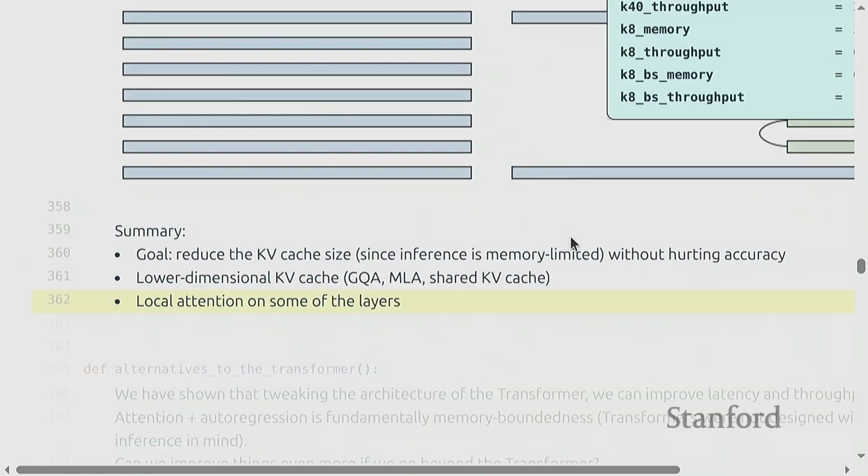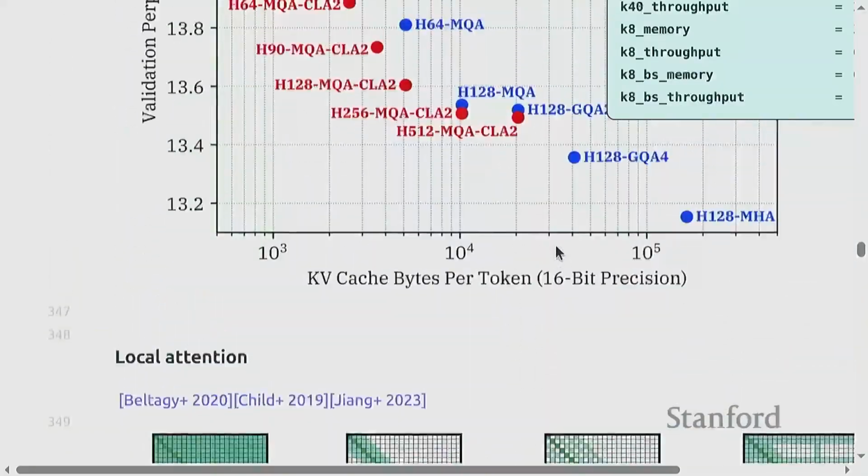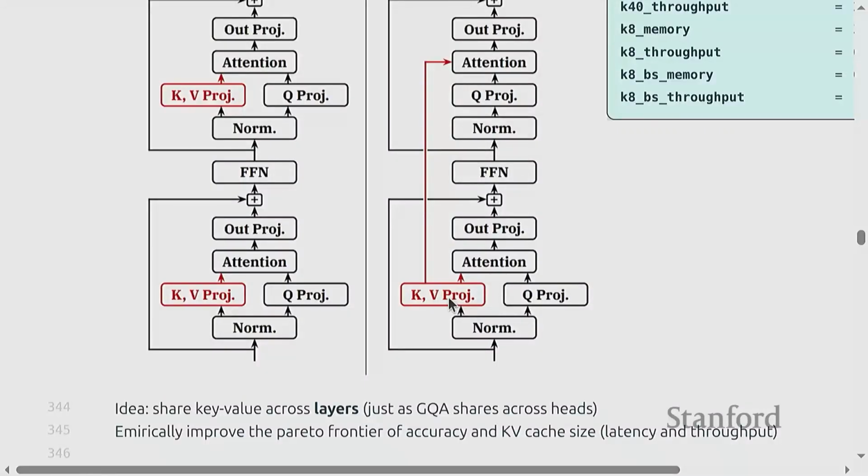Okay, any questions about this set of tricks for reducing the KV cache? Yeah, I had a question about the cross-layer attention. I feel like the weights are all being shared across the layers. Do you just have one set of weights for the KV, and that's shared across the blue ones? Yeah, so the question is, are the weights shared? The KV cache is shared, and the weights for doing the projection need to be shared, so there's some consistency there.